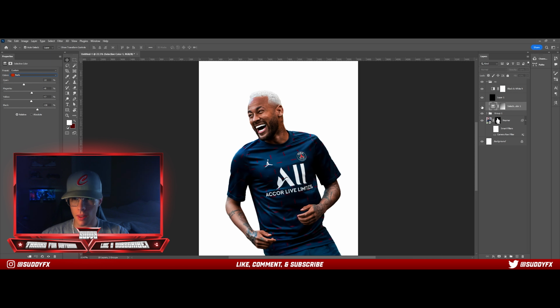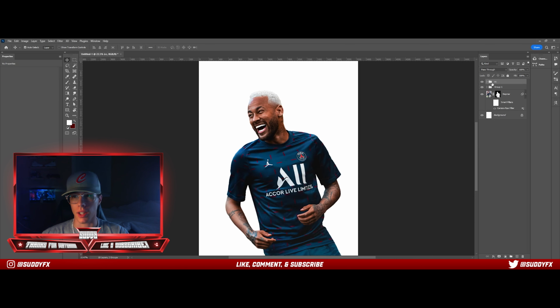And then I group all of those together, and that selective color layer, I put on 43% fill, and then I group it all together so you can see it. So if we take a look at this, before, after,